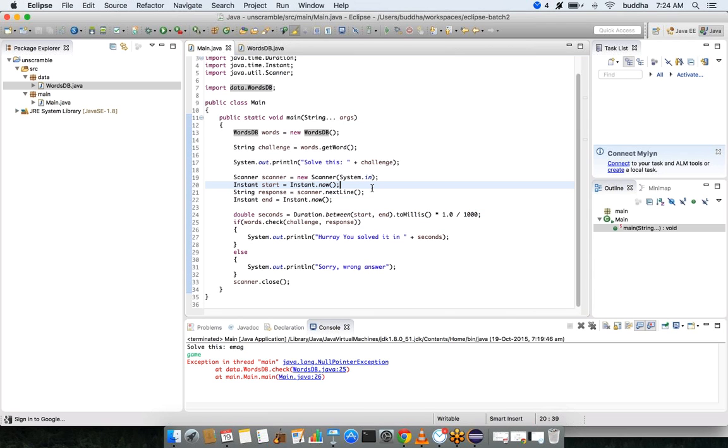So try to watch the video and repeat the code I have done, and execute it. If you are getting the same response, then move the logic of finding out the number of seconds to a different class. That's the exercise for you guys.